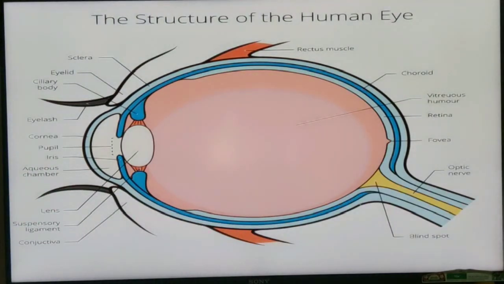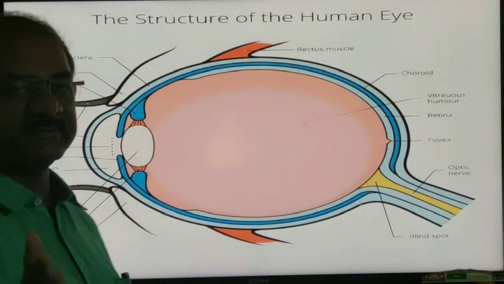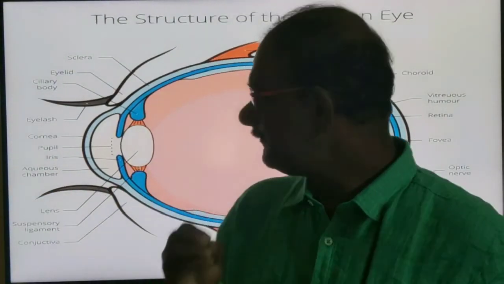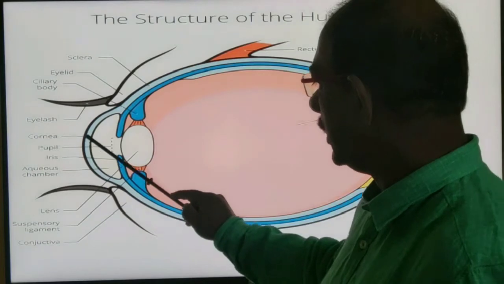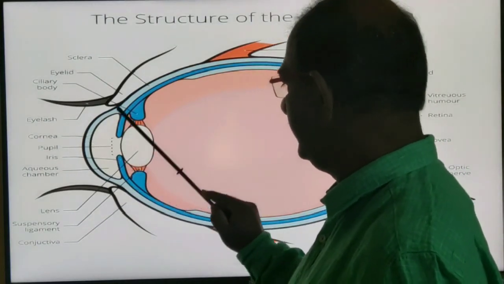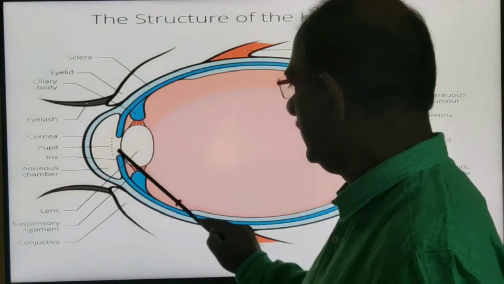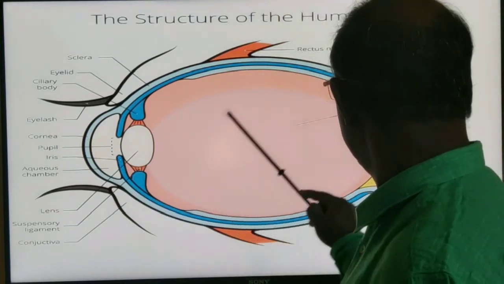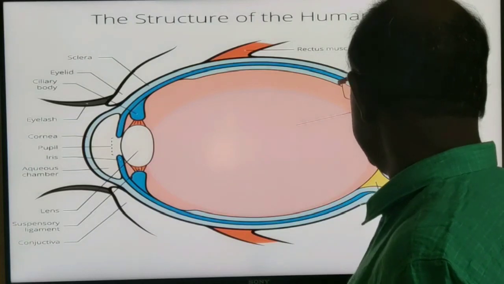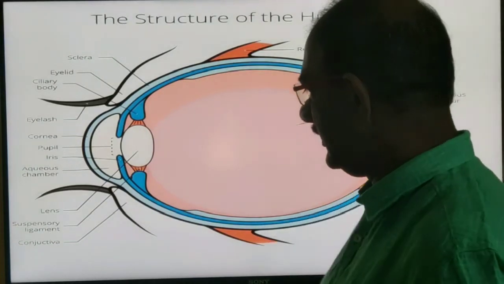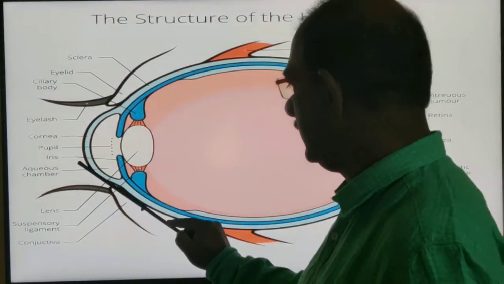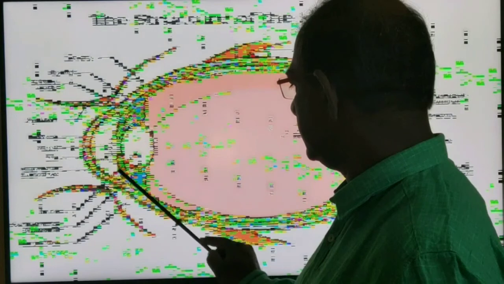The focusing part is the cornea, then pupil, then iris, aqueous chamber, vitreous chamber, and the retina. So the focusing part is the cornea, then pupil, then aqueous chamber, then iris,